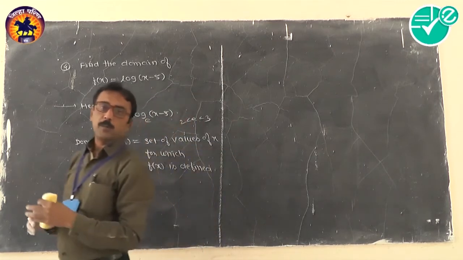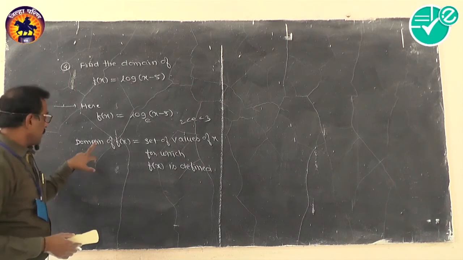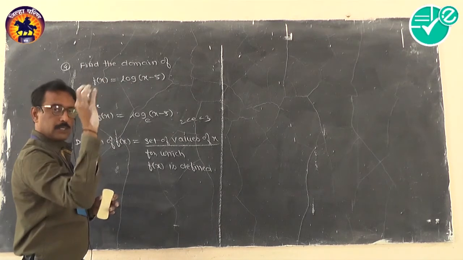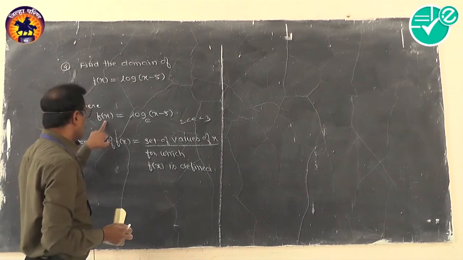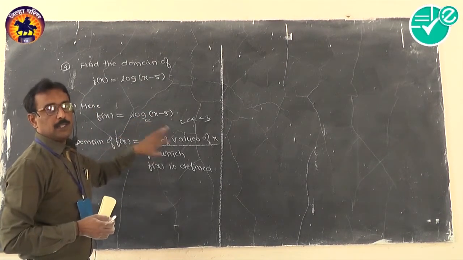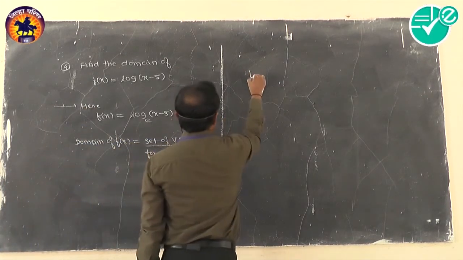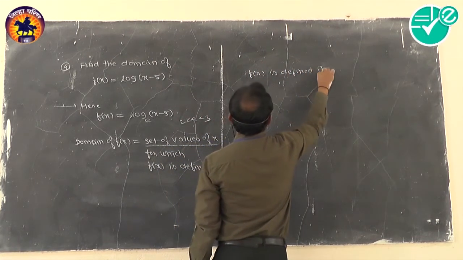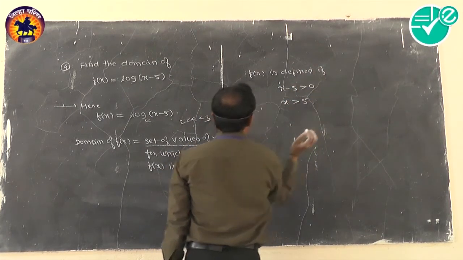If we want definition of domain, then once again pause the video and see clear cut definition of domain of the function. What is the domain of the function? We have to write all the values of x, such values for which f of x should be defined, and clear cut this function is defined if these both quantities should be positive. Here e is automatically positive. Right, here we can write like this, f of x is defined if this x minus 5 should be greater than 0, means x is greater than 5.